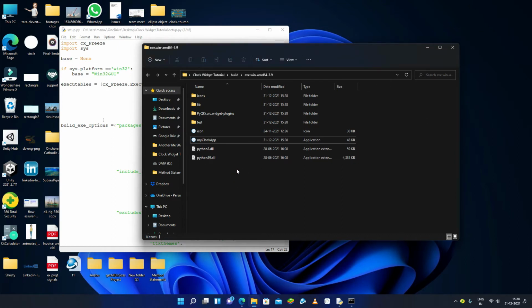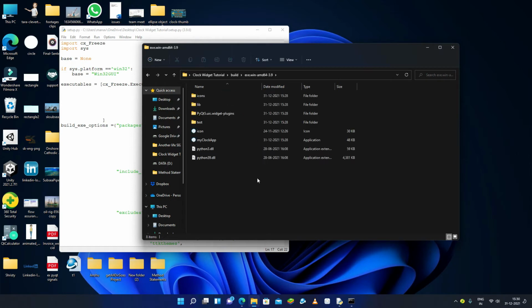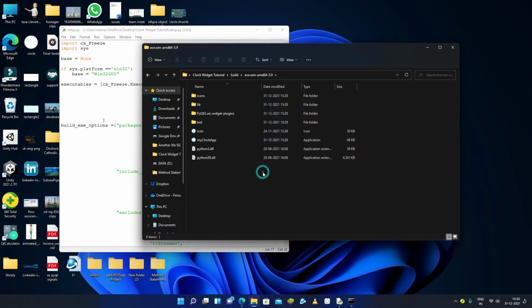Now what I have to do is make the setup file for this application, because this is the folder of the application, but I have to convert this into the setup file, so that when the user clicks on the setup file, it will ask something and it will install in your chosen directory. Okay, so let me make it with InnoSetup.